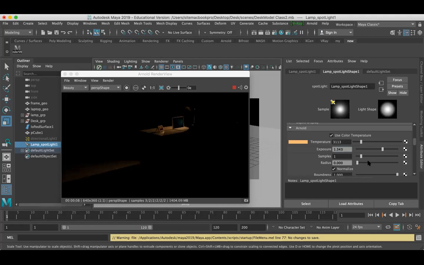And now I want to work with the radius to be 2.3. Let me just adjust some value.